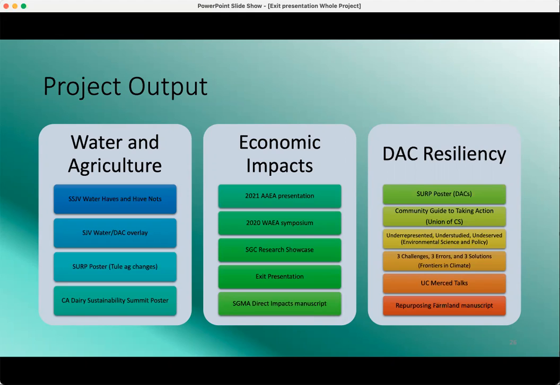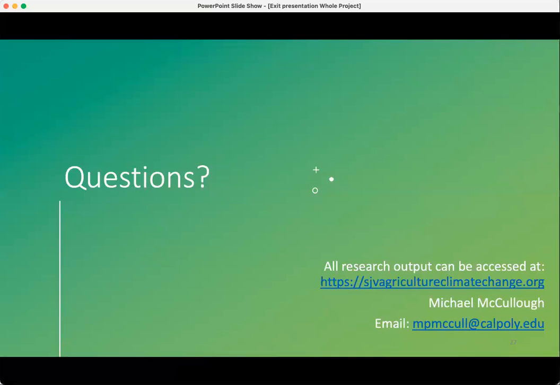We're working on these direct impacts, and we've got a draft manuscript of it. We're going to be updating that over the next month or so so we can get that out. And then the same thing for the repurposing farmland manuscript that Angel and the Merced folks talked about on Monday. I encourage all of you to go check all of that information out at the website,